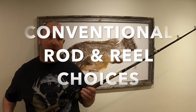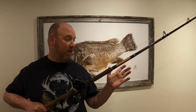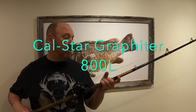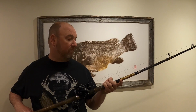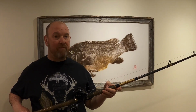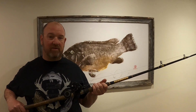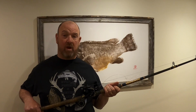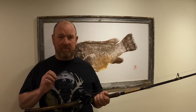Okay folks, so we're going to talk about tackle choices right now. This is my CalStar Custom. It's built on a CalStar Graphiter L blank, and it's a fiberglass and graphite blend. What I really love about it is the tremendous strength and backbone that it has. It loads up right around the 4th guide, and it has great softness in the tip to give you visual